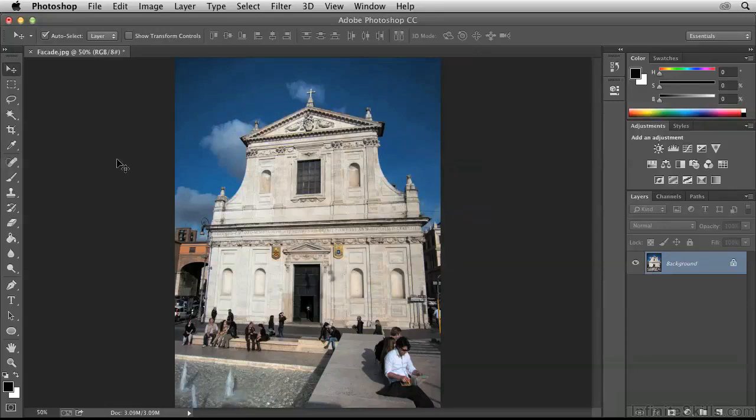In this video, I'll be discussing cropping in perspective. Please open the facade JPEG to follow along with this tutorial. This is a photo I took in Rome of this classical building, and as any photo, it's in perspective because